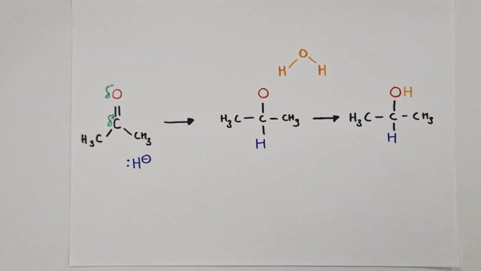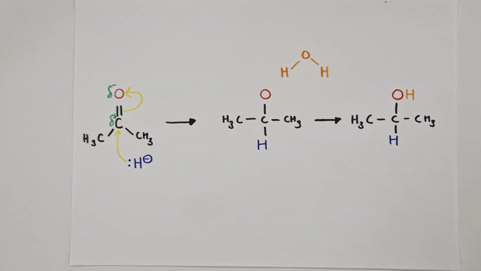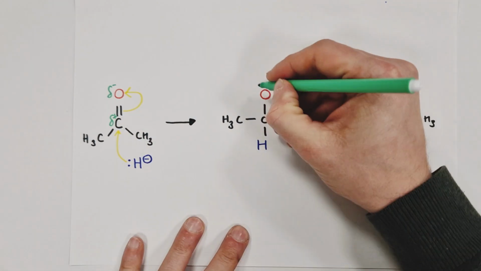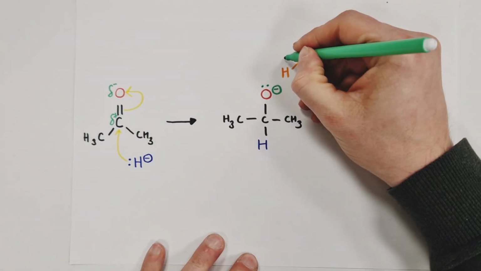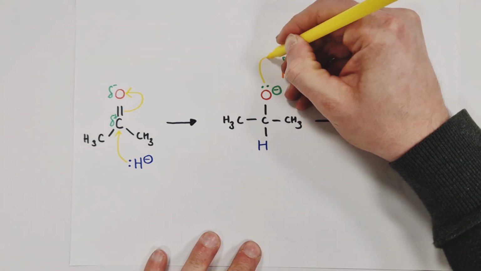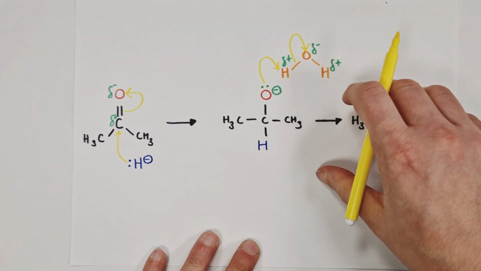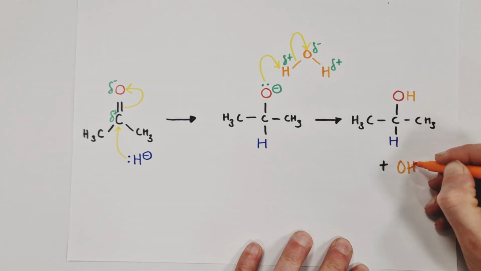So this is a run through the mechanism using a ketone. First, you place the partial charges on the carbonyl group and show the attack of the nucleophile on the delta positive carbon and the breaking of the pi bond. Next, we'll draw the negative charge and the lone pair on the oxygen, put some partial charges onto the polar water molecule, and then finally we'll show in yellow the lone pair being donated from the oxygen to the hydrogen of the water molecule and the breaking of the HO bond in the water molecule